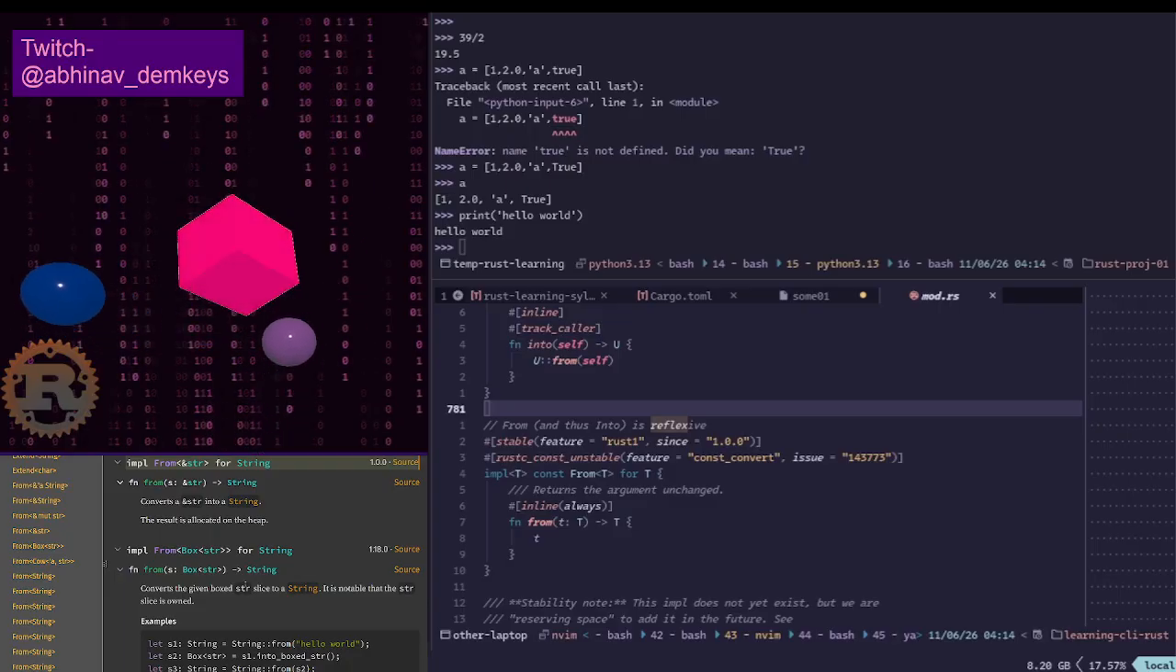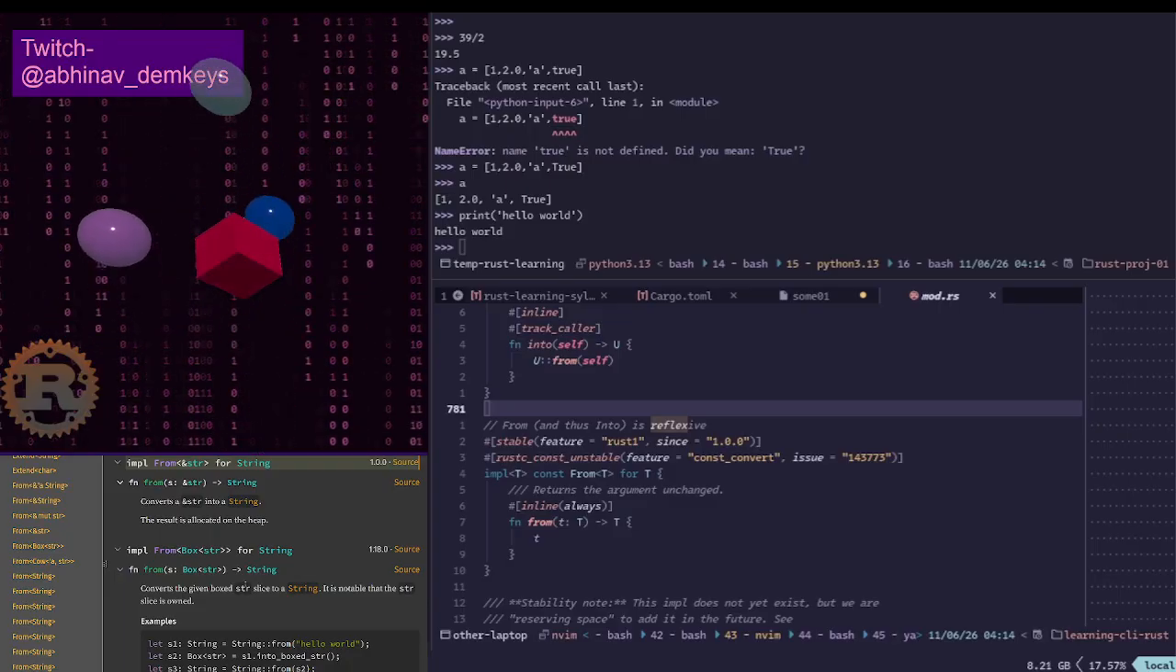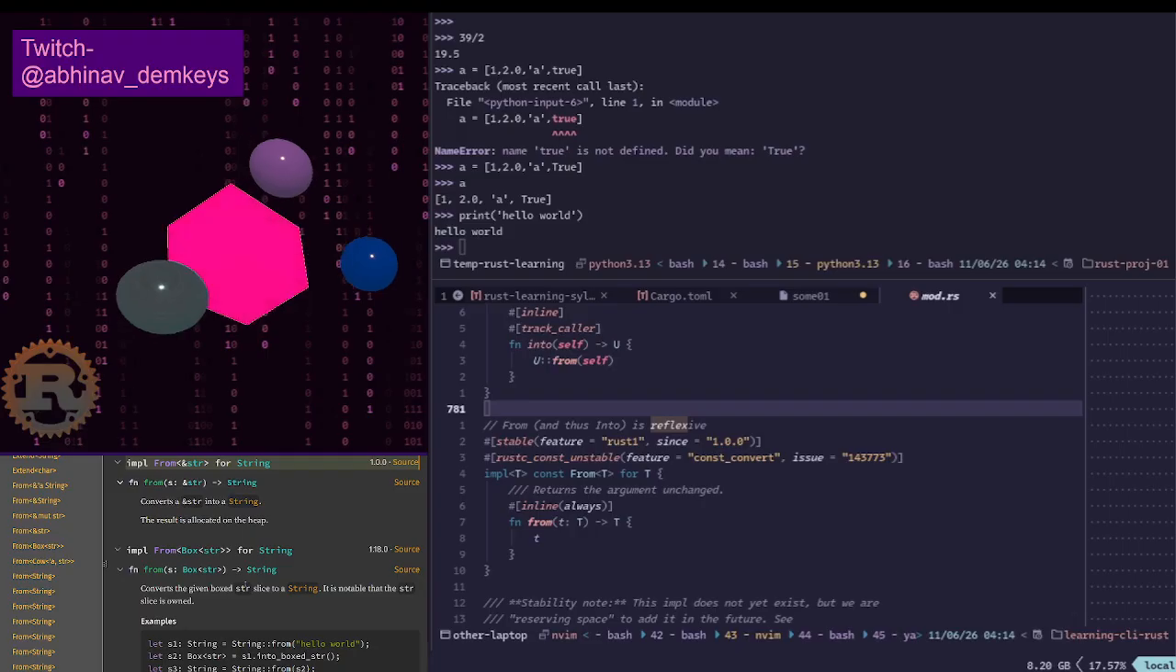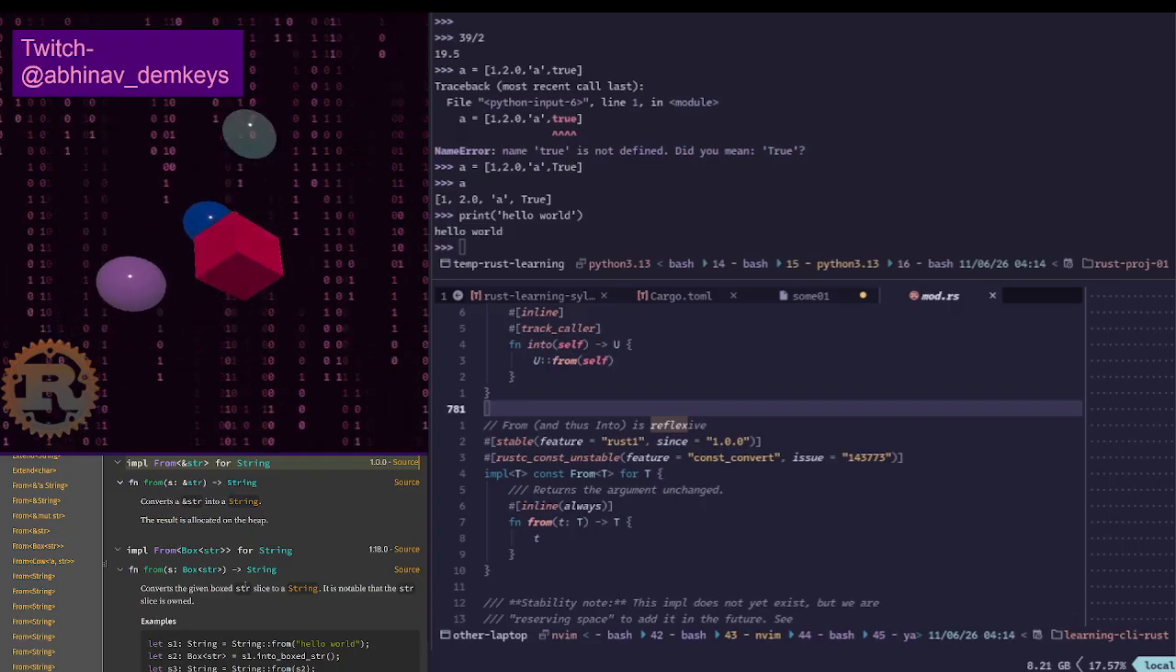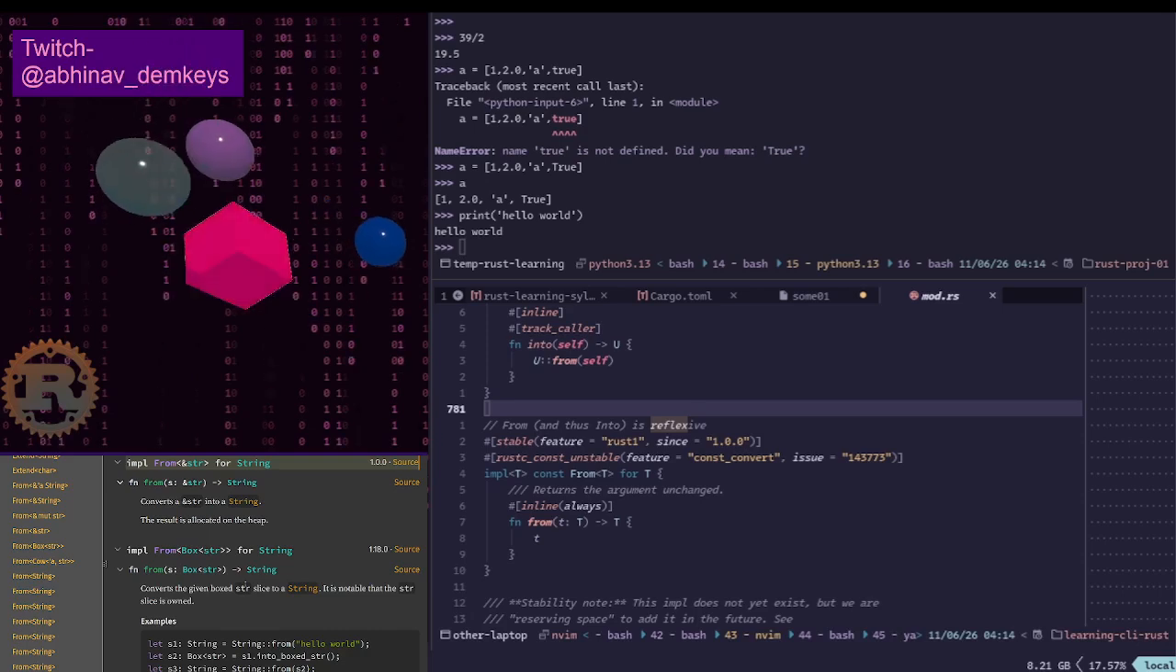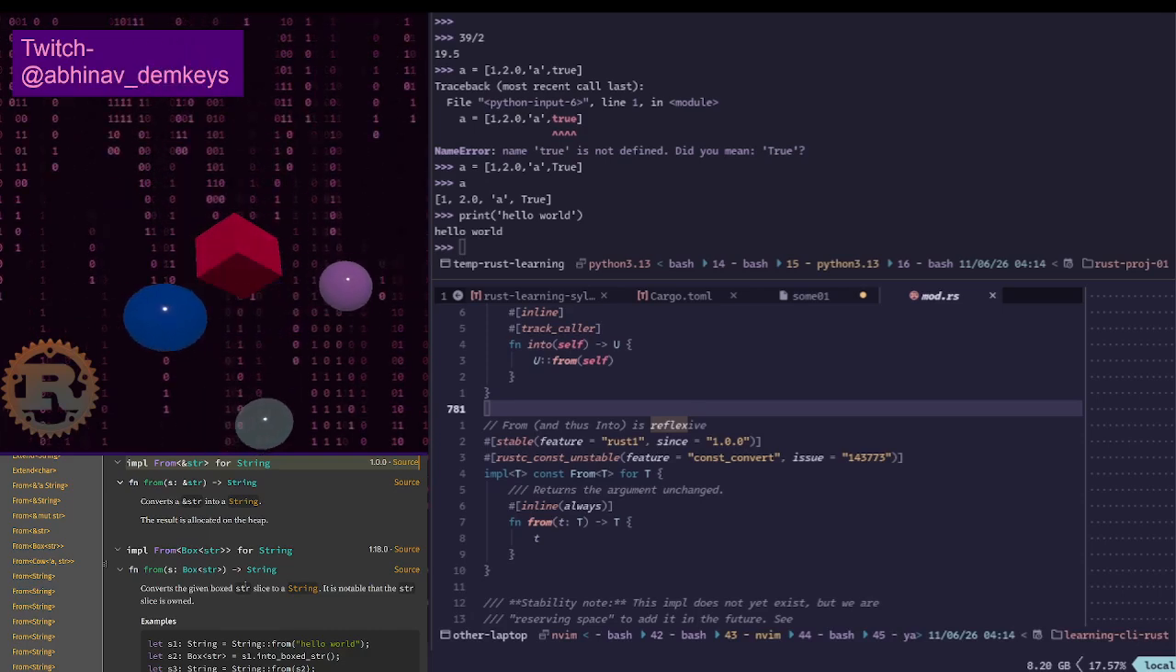You know what's interesting though? I just realized that what I saw was self, not ampersand self. That also makes sense, right? But hold on, if